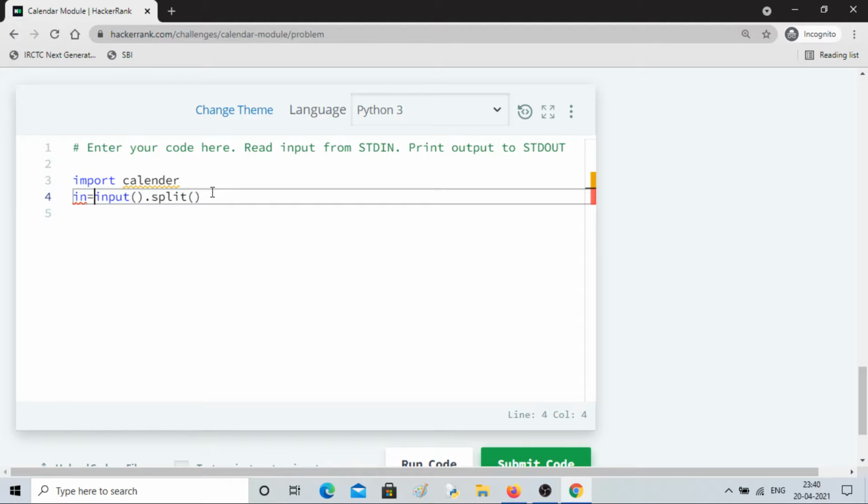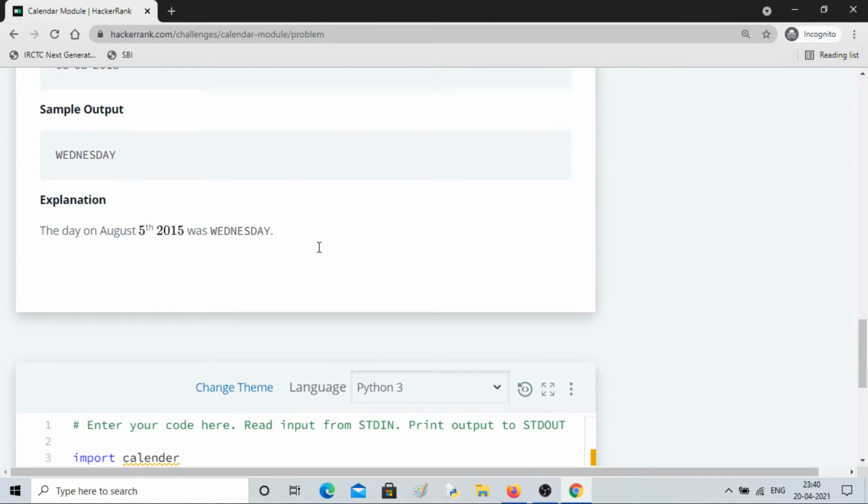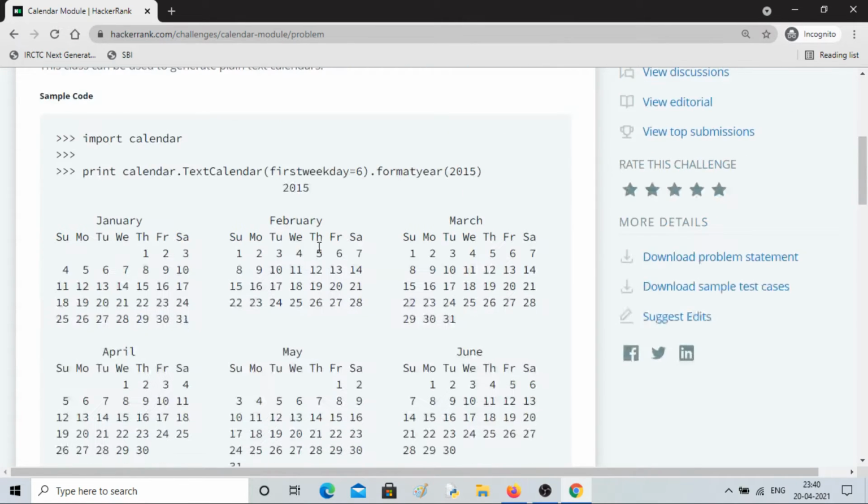No, not that. Let me name it input date. Then what we have to do is use the calendar module. Why is it showing a dash? One minute. How do you import it? Import calendar.